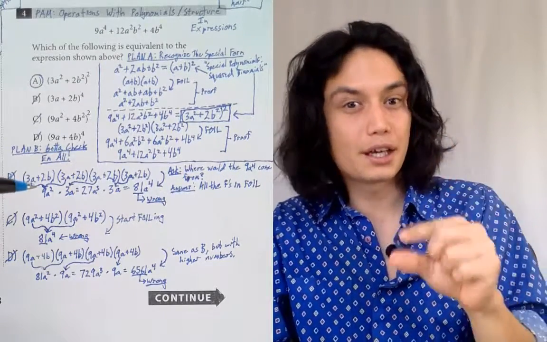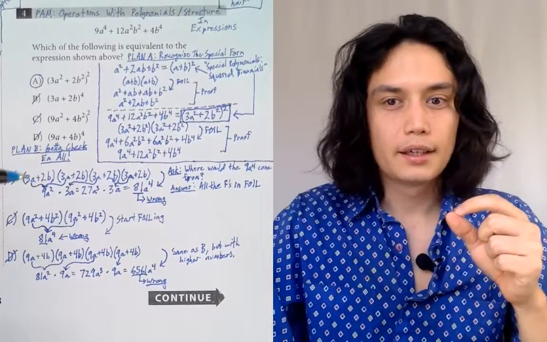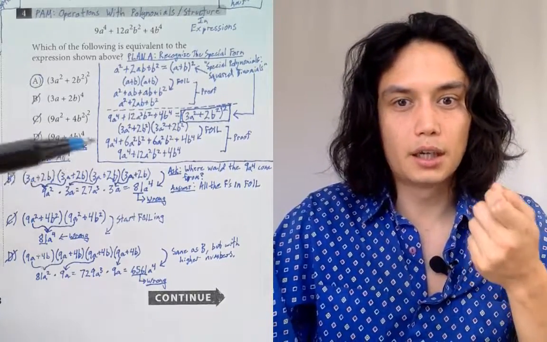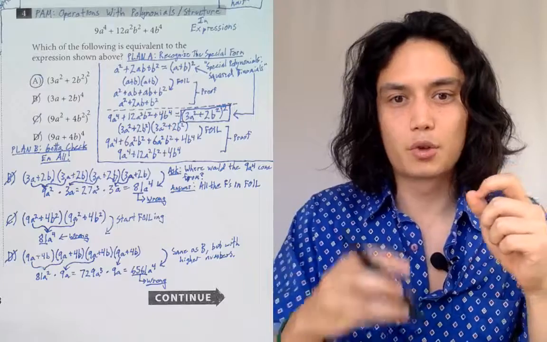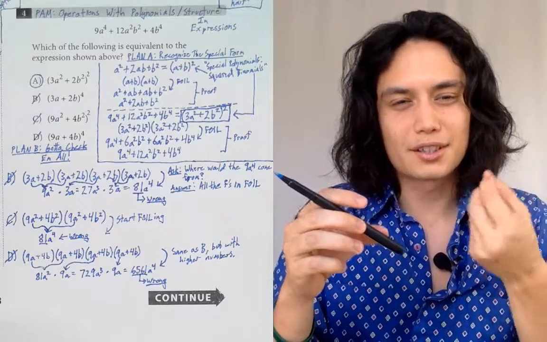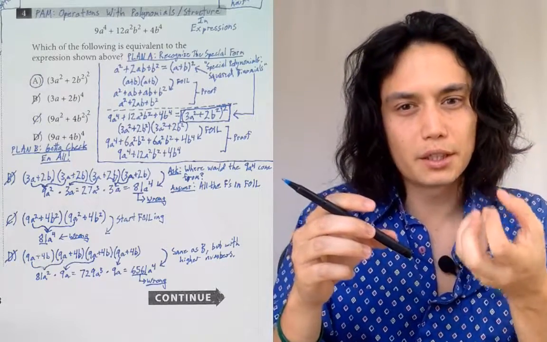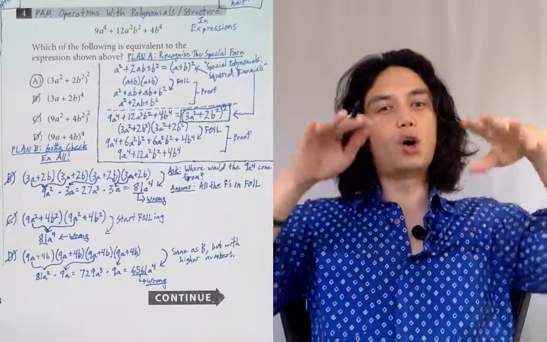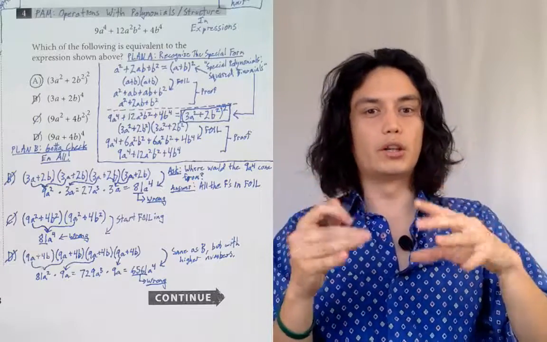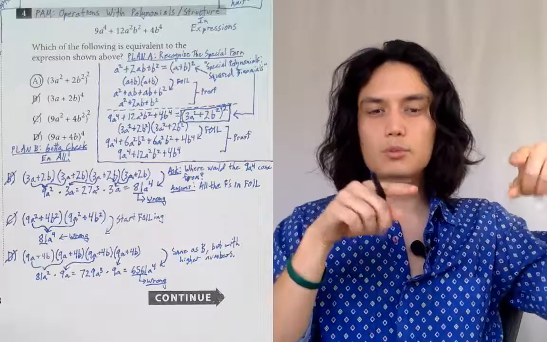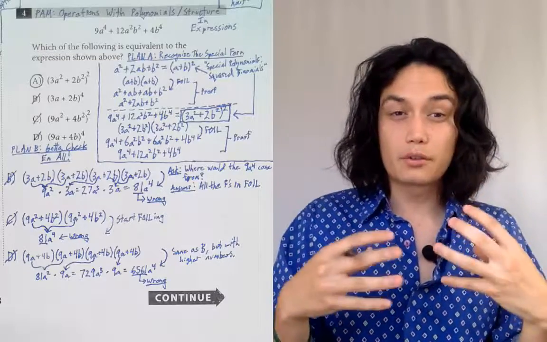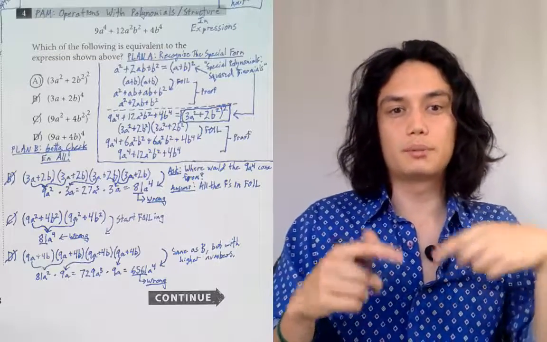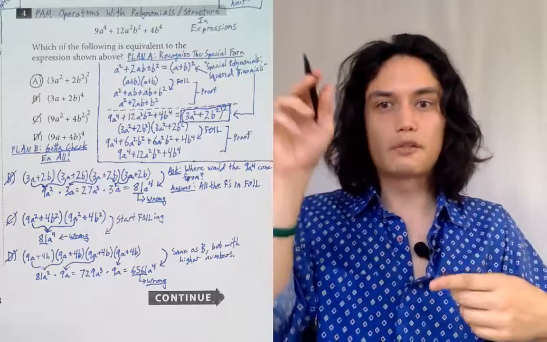Let's try to hit that 9a to the 4th. And that 9a to the 4th is going to come, and here, this is asking in the form of a question: where does the 9a to the 4th come from in the equation? That's going to come from all of the f's in FOIL. It's going to come from all of the first terms, all multiplied by each other. All of those a terms are what's contributing to that first term, that